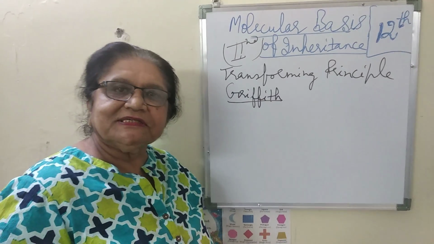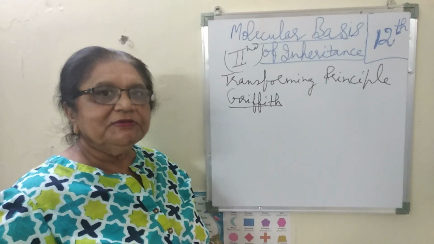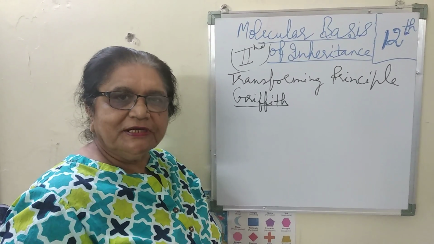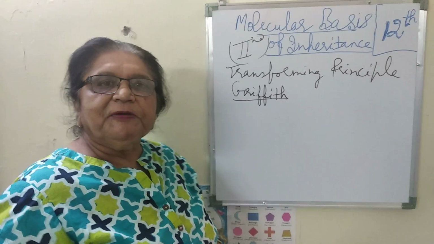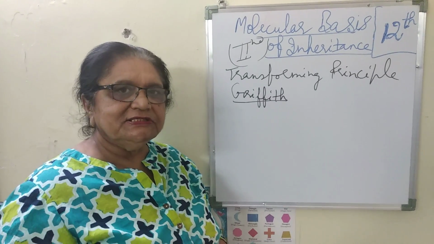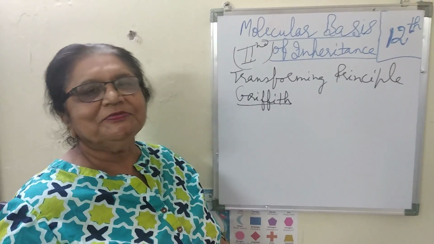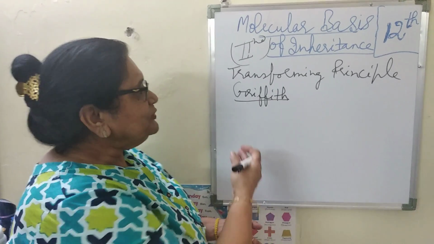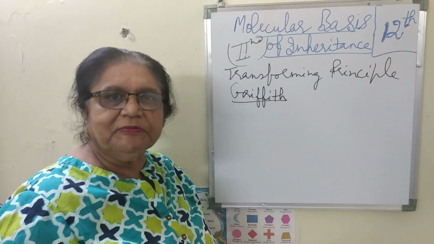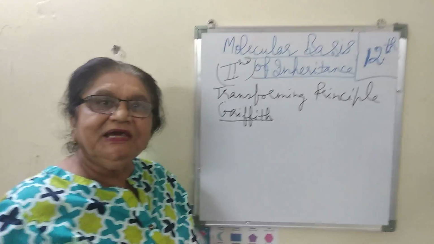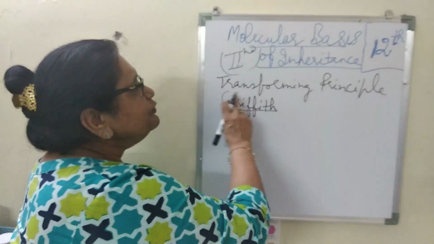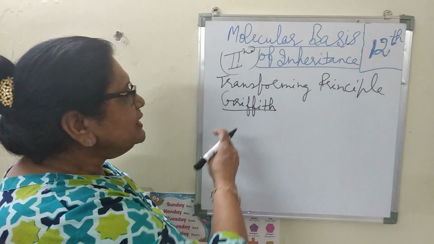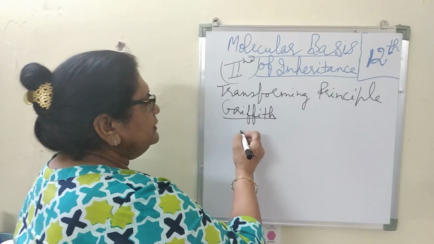In the previous part we discussed that DNA acts as a genetic material, carrying all the information from generation to generation. Now the experiments proved whether DNA is the genetic material, protein is the genetic material, or RNA is the genetic material. But today the very important experiment is called the Griffith experiment, to prove the transforming principle. What is that principle? So he did the experiment with